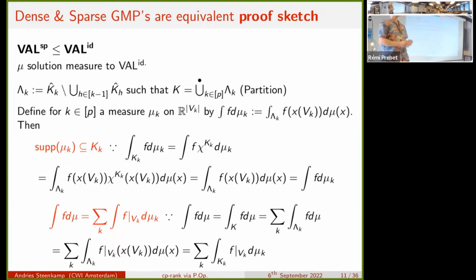Good, yes. So is this like a dual approach to the chordal decomposition? It's quite similar, but there's no need for chordality. Yeah, that was my question. The usual way we would go is you look at the matrix, you find out the support graph is chordal, and you use Agler's result or its dual one. No, you don't need that.